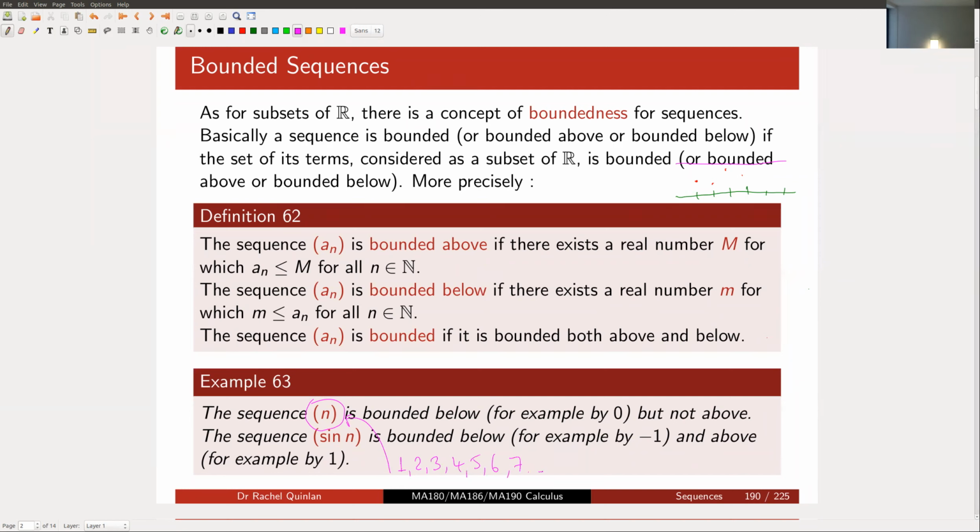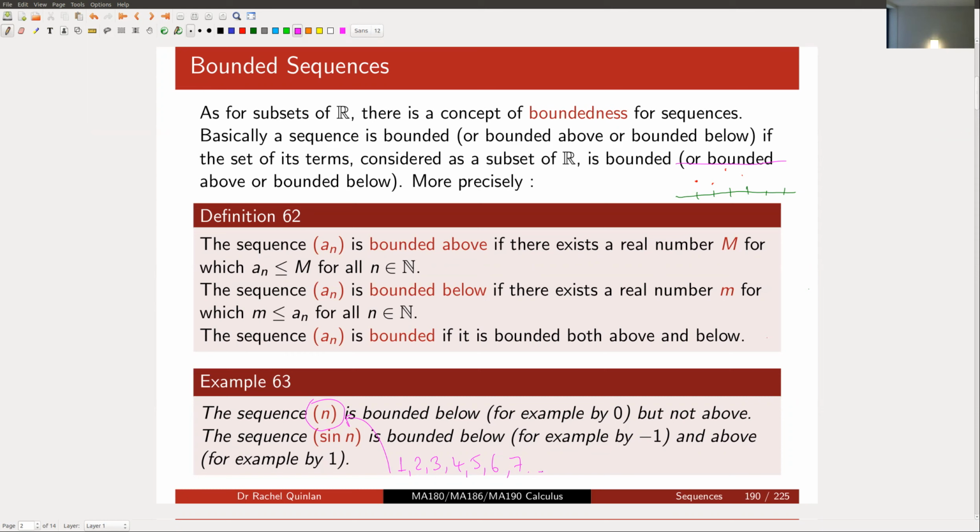So that sequence I claim is bounded below, and the reason for that is, if you look at all the numbers that are in that sequence, 1, 2, 3, 4, 5, 6, 7, there's a point below which they don't go. None of them, for example, is less than 0. None of them is less than 1, indeed. So that's a sequence that's bounded below because there's no term in that sequence that crosses below, for instance, 0